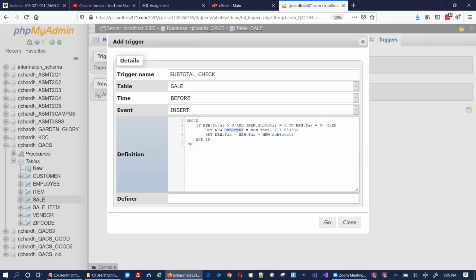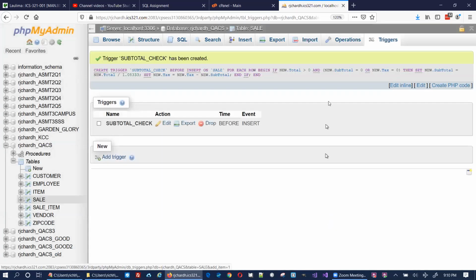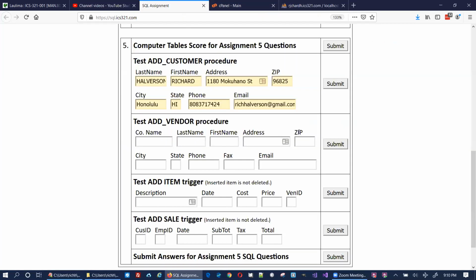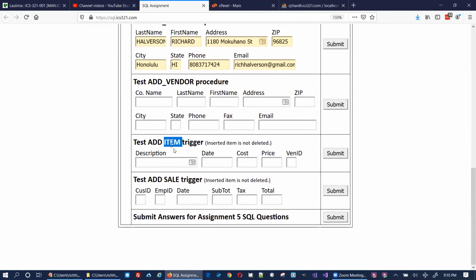It computes a new subtotal, subtracting out the tax, and then computes the tax, and so it's got equal to the total. Anyway, so let's put this in here, and let's try this test. Okay, so let's try customer ID 1, employee 1,